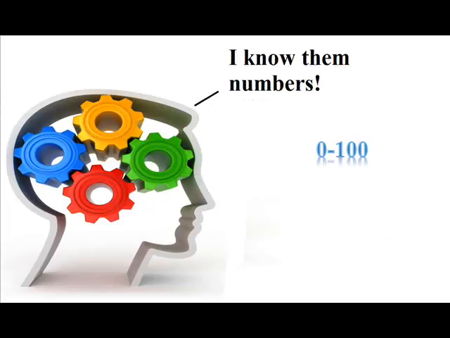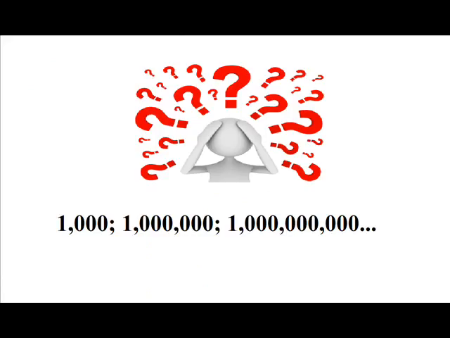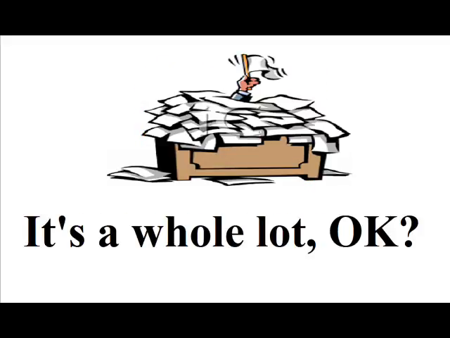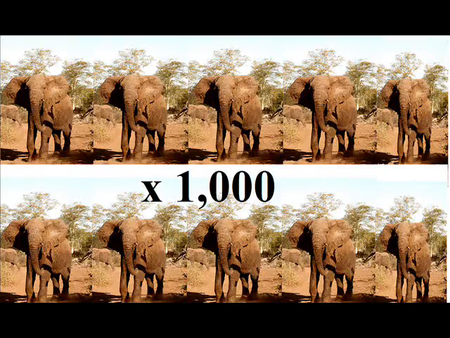Our brains are tuned for survival, and as such are tuned for what I shall call survival numbers, seeable numbers if you will, e.g., how many people live in my house/hut? How many children do I have playing in the field? How many wolves must we fight to live here safely? After becoming a big enough number, it doesn't really matter anymore. Phrases and words like "a bunch" or "more than I can count in my head" do just fine. Between 10 and 10,000 charging elephants, what's the significant difference? If you don't get out of the way in time, you are going to be crushed either way.